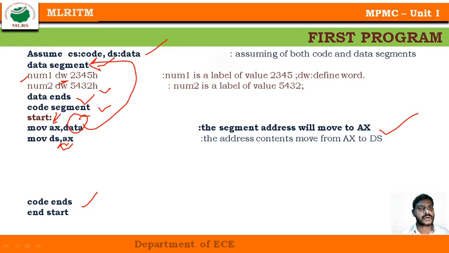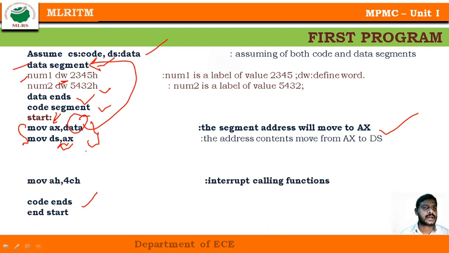Because if you don't do this, the data will be somewhere, and sometimes the data segment may point to some other location where your data is not present. So you need to make your data segment point to the starting address of your data, where it starts. That is why these two instructions are used. Whenever I am initializing the data segment, these two instructions are mandatory. If I'm not initializing it, they are not required. If I initialize my data segment without these two statements, your program won't be complete.